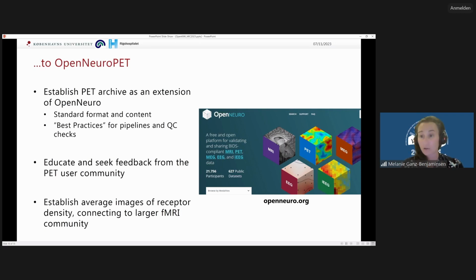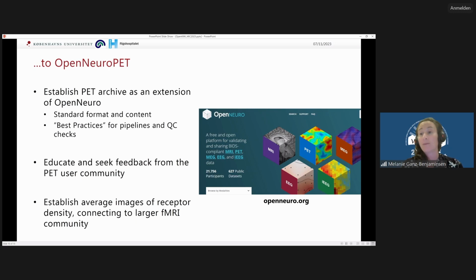And one of the final goals we have is actually, whereas in the lab that I'm from, at the Neurobiology Research Unit at Rigshospitalet, we have worked a lot with making average images of receptor density. For example, we have released serotonin atlases, also a GABA atlas. Now, the idea is also to share these atlases publicly. We do that already now in our regular format, but to share them publicly in a standardized fashion, and maybe, if possible, also with the individual subject maps that they were averaged from, if we can get around to being allowed to share those.